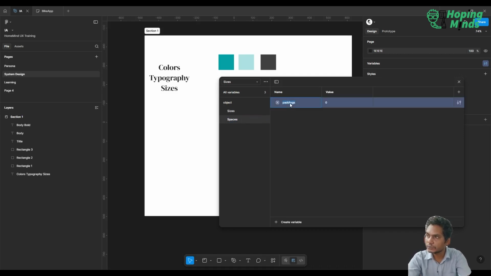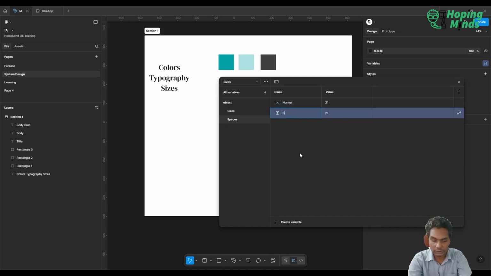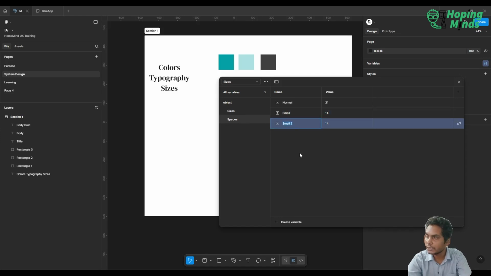In spaces we'll use normal, which is 21, and shift enter, we'll use small, which is 14, and we'll shift enter and we'll use big, which is 34. So you have spaces, sizes,